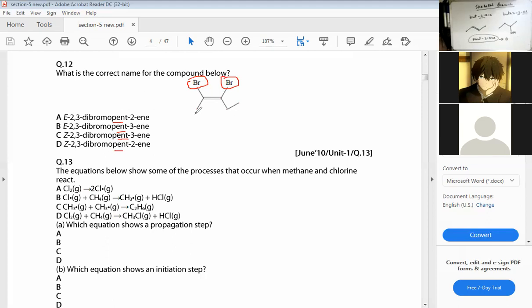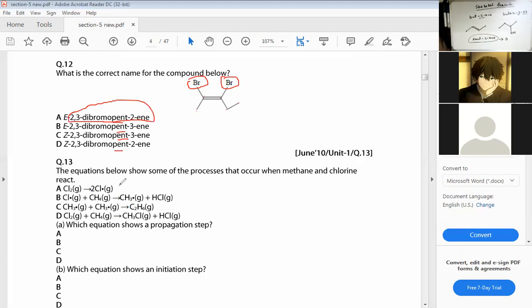Sir, pent-2-ene, because from this side 1 number, 2 number, and from this side 1, 2, 3. So we take the smallest one generally, right? Lowest one. So it should be pent-2-ene. Now look at the branch. Branch is the bromine, bromo. So there are 2 bromine, so dibromo. First bromine attached with second carbon, and second bromine attached with the third carbon. That is, it should be 2,3-dibromopent-2-ene, right?